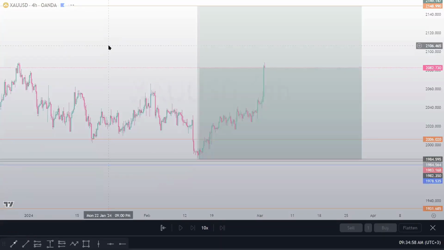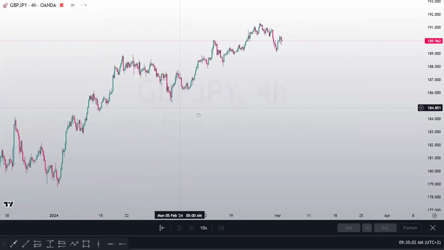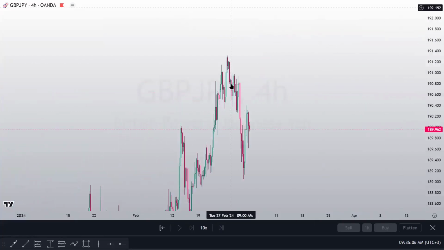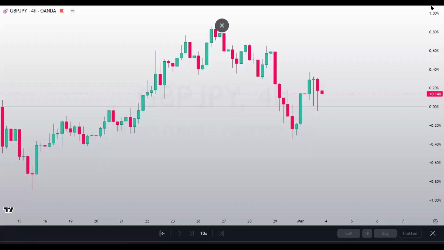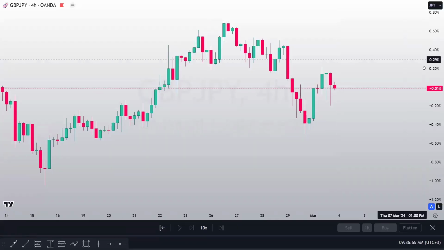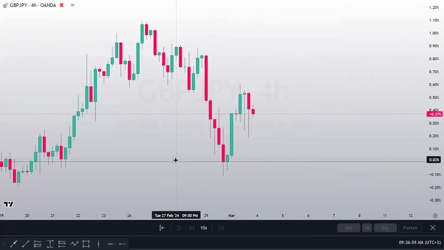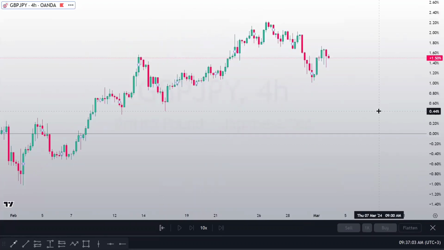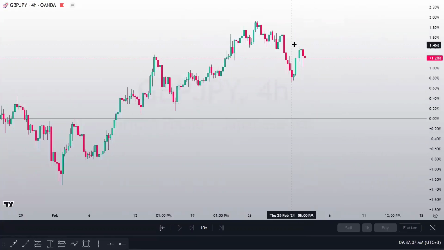Let's look at another pair. We also have a GBPJPY entry that was taken. I remember it was from the previous week. Okay, so we are discussing this GBPJPY. Looking at the bigger picture on this specific pair, we are having